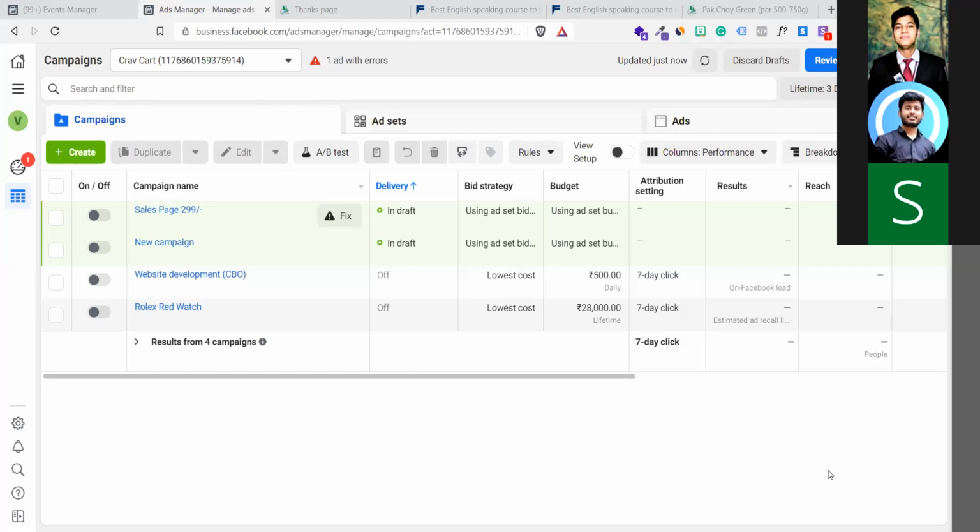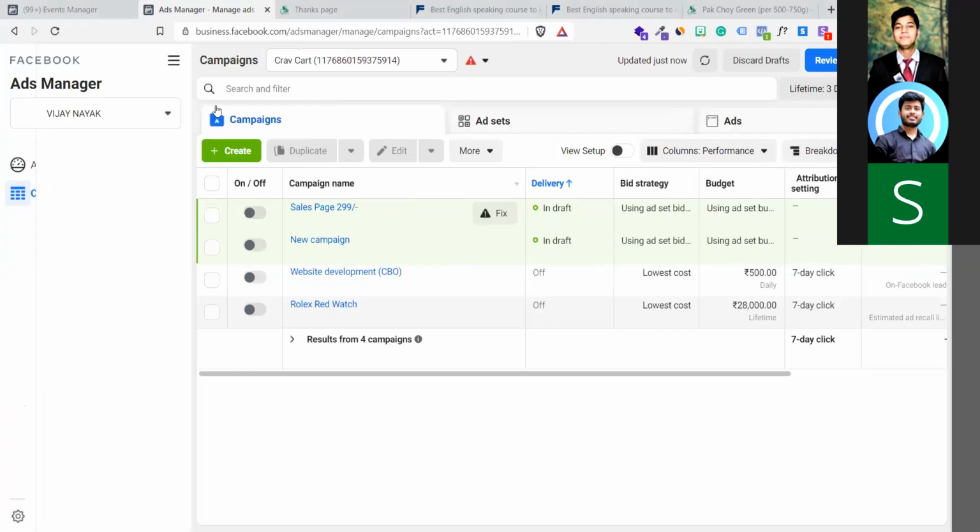Perfect. Do you use your own credit card? I use my own debit card, but only with my own campaigns. If I'm handling ads for others, I strictly have them add their own card. That's why I use Business Manager.